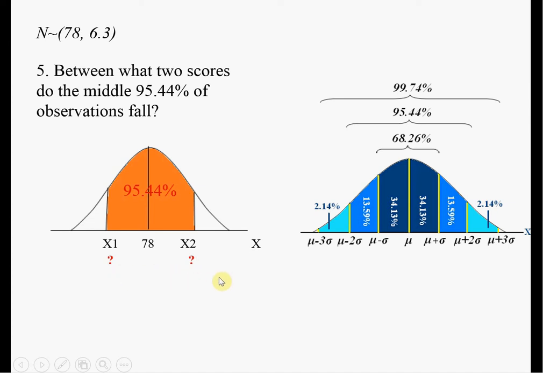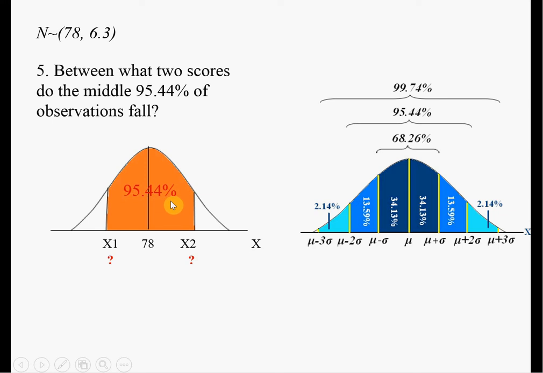So this is what we have to find out. To find out this, we need to find out x1 is how many standard deviations below the mean, and x2 is how many standard deviations above the mean. And we know that